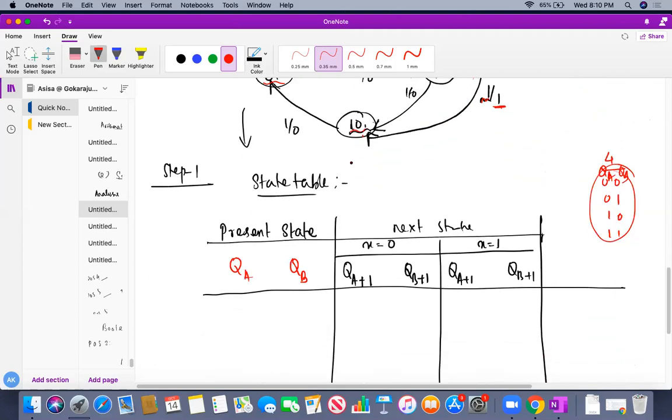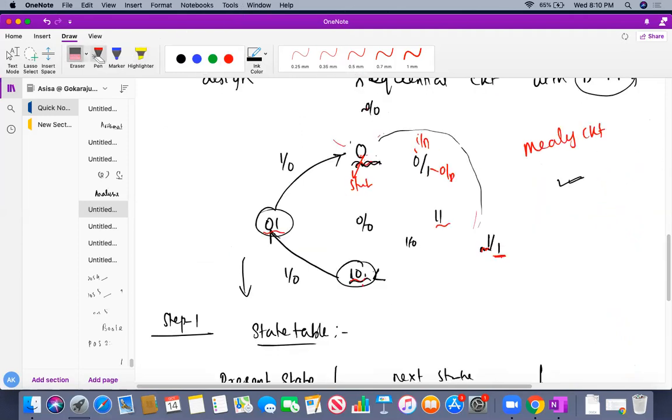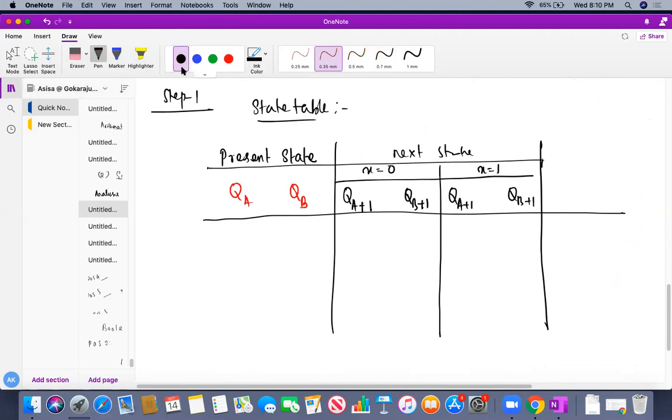So now what you have to do in the other place, what you have to write down here? You have to write down your output. So here the output would be, I'll just erase over there. The next part is my output. Okay, so the output is here, and another one in the state table will be the output. How many outputs can we get?